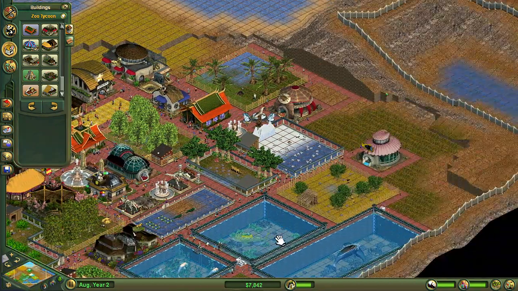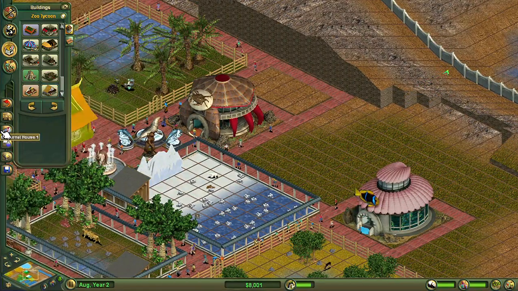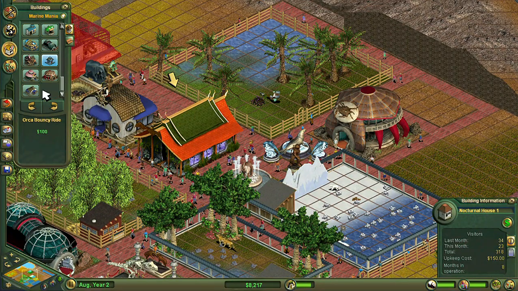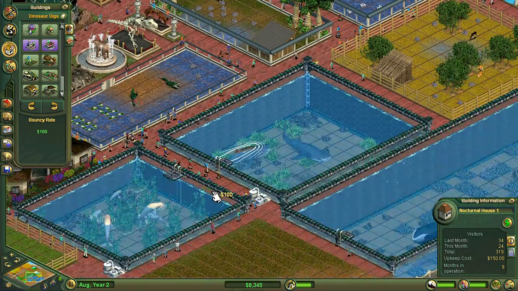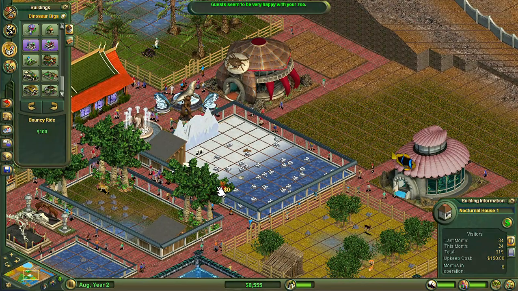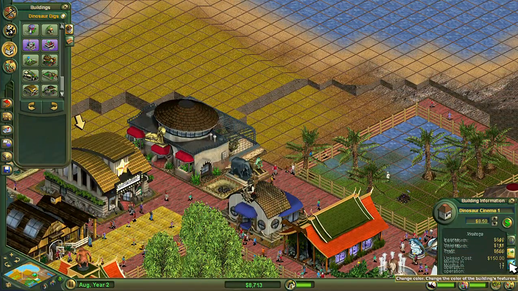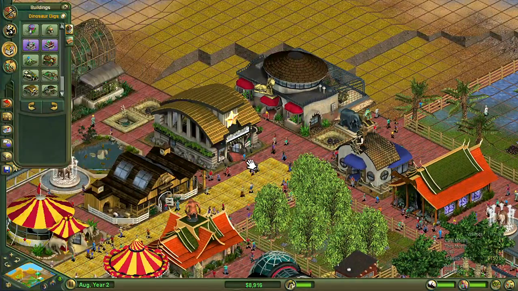Yeah, I did build the Japanese garden. We do have a nocturnal house as well. So, yeah, we need to build the dinosaur. Did I build the dinosaur cinema? No, I did build the dinosaur cinema. Oh, it's glitched on me. I can't remember what the solution is to this, but...